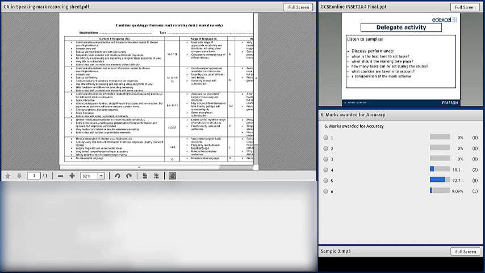Okay, we've got a majority of you opting for 5, with a couple being a bit more strict and someone being more generous. It's borderline. It's probably more borderline with the 6 than the 5, but the examiner went for a 5. Obviously there were some errors, but she did use more complex structures and more complex vocabulary, so the errors she made were made in more complex structures, not in simple language. And the pronunciation was good, intonation was good. So they went for a 5.